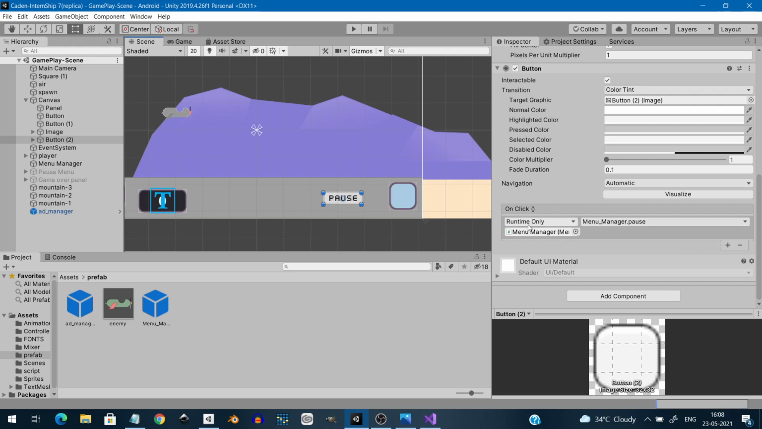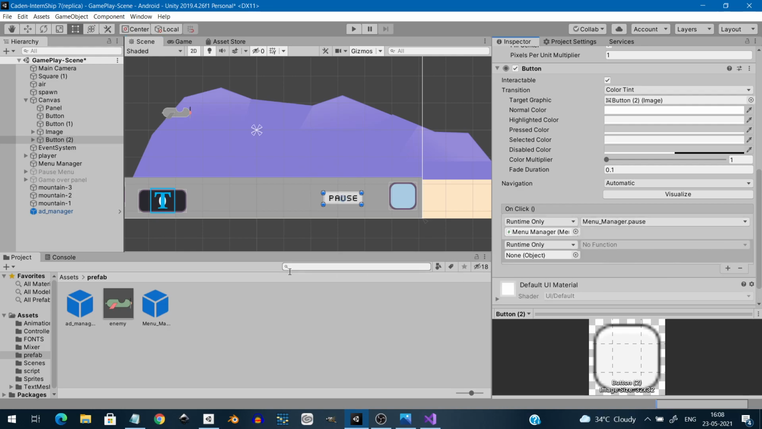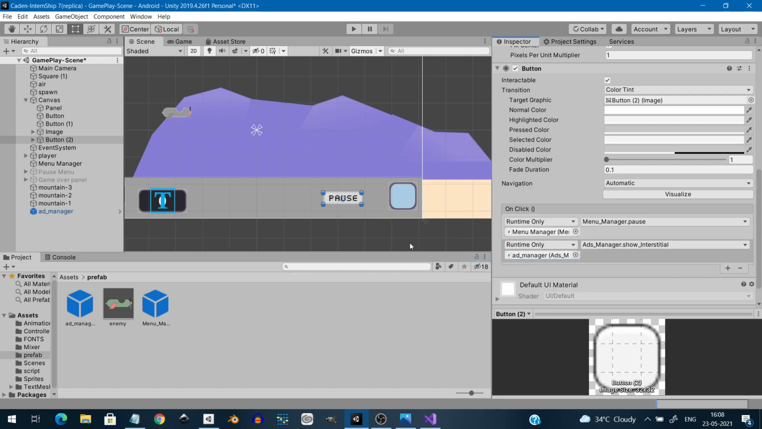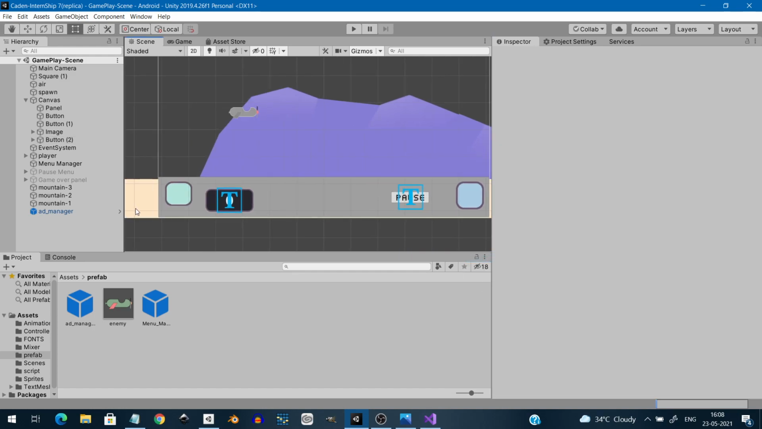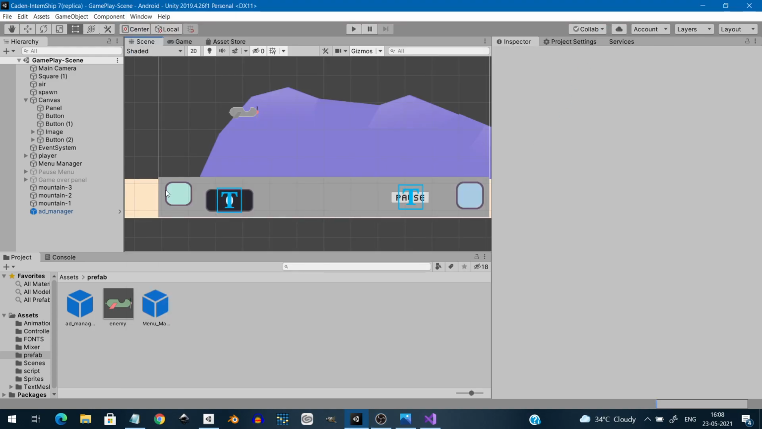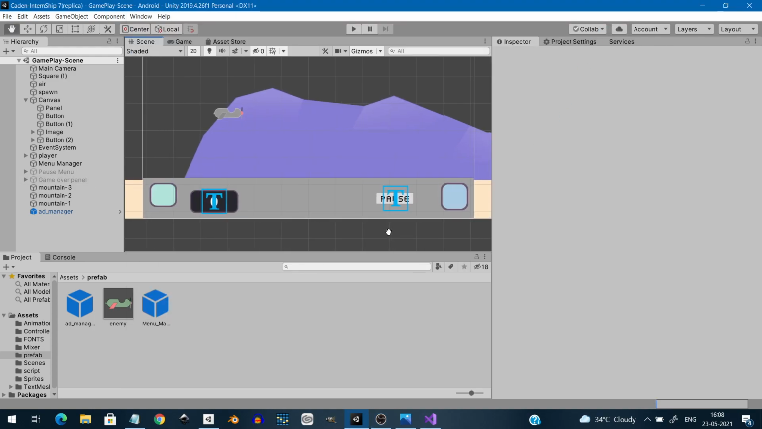Go to the plus sign right here and drag this Ad Manager, and in AdsManager I am going to display the interstitial ad. After adding a mechanic to the pause button,